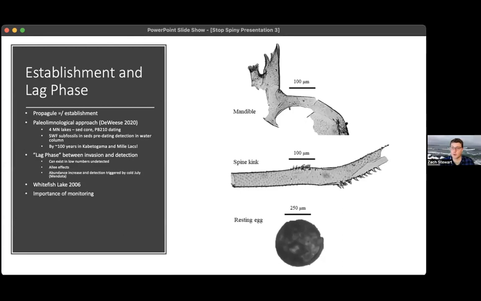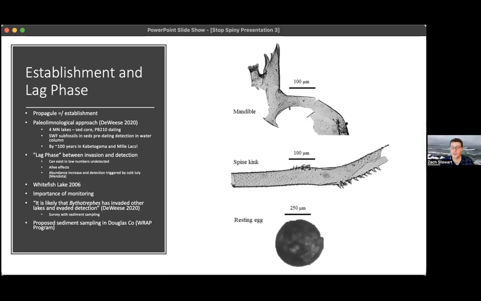I think it's really important to monitor for this species and really look closely so that we can know where we stand. How many inland lakes have these spiny water fleas actually successfully invaded so far? Oh yeah, and I love this quote. From the thesis paper I was just referencing: it is likely that Bythotrephes has invaded other lakes and evaded detection, kind of getting at what I was just talking about.